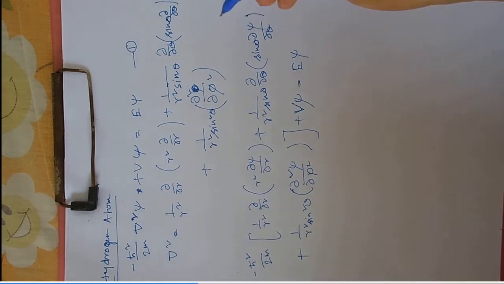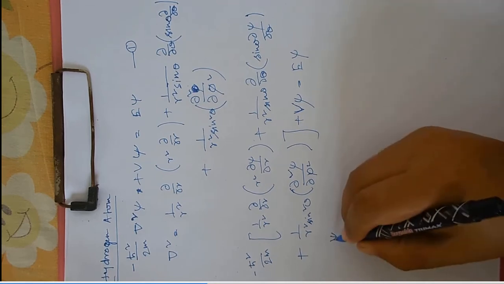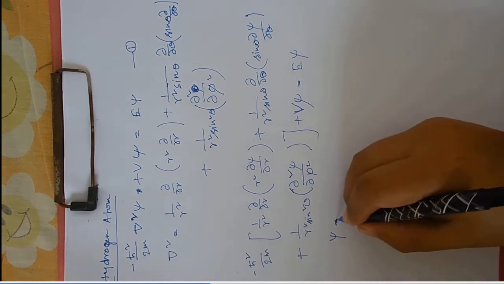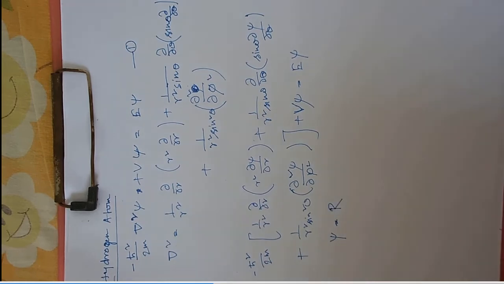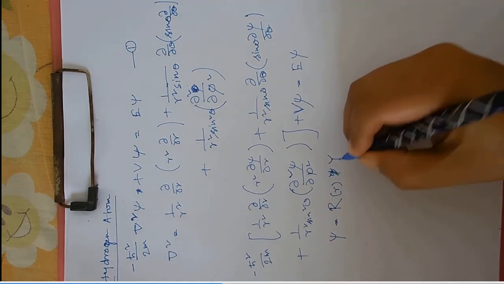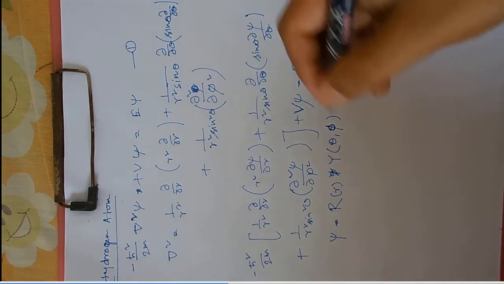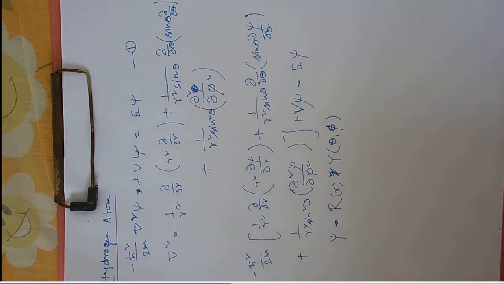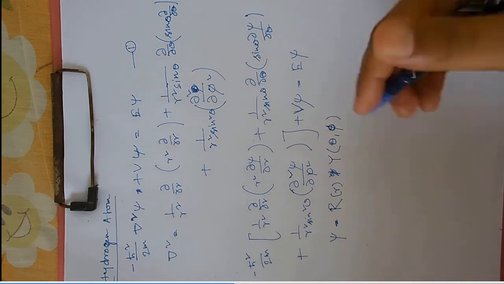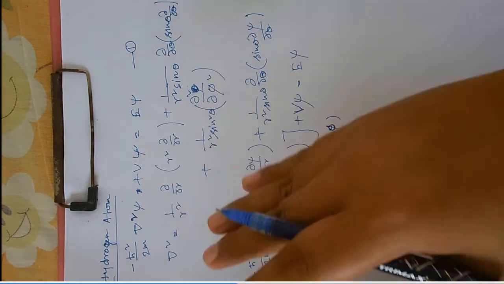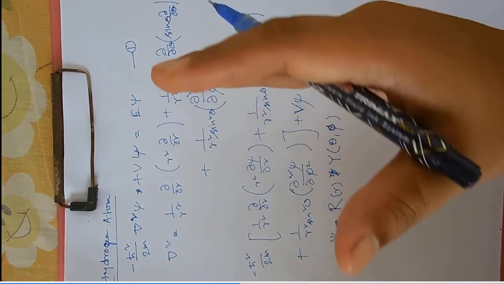To solve this equation, I have told you that we will apply the separation of variables method. For that, you have to assume that the solution psi is made of two functions. One is capital R, which is only a function of small r, the radial part, and another I am writing as Y, which is only a function of theta and phi. Later we will consider two more functions for this Y. First let us separate the solution into radial and angular forms.